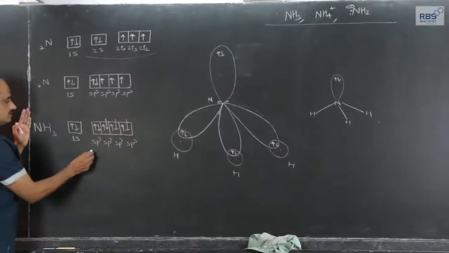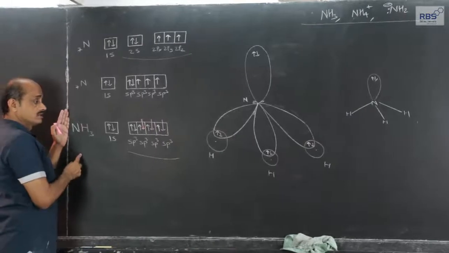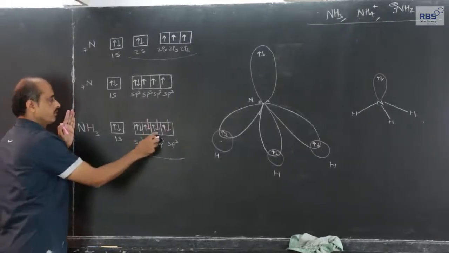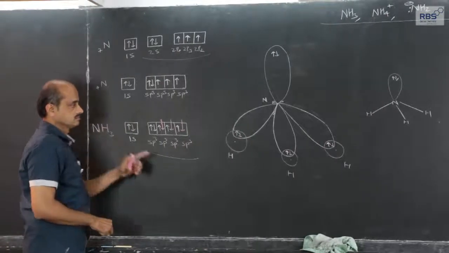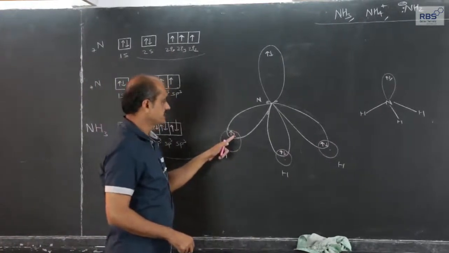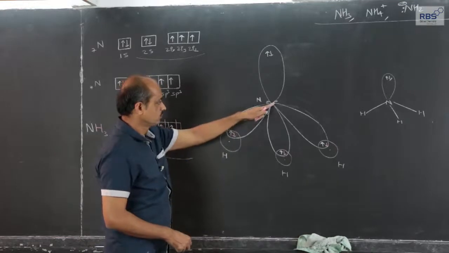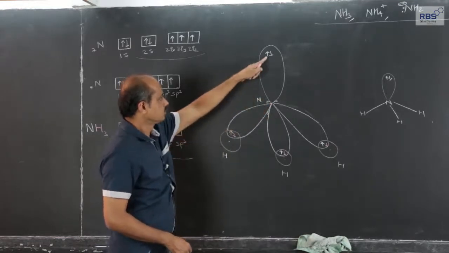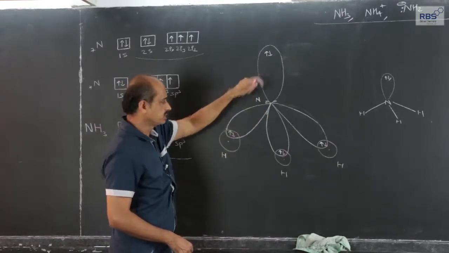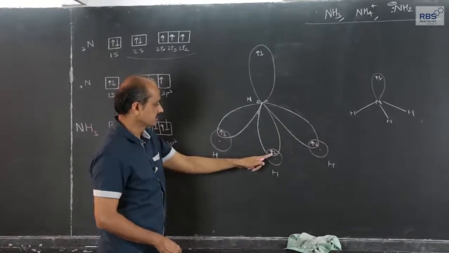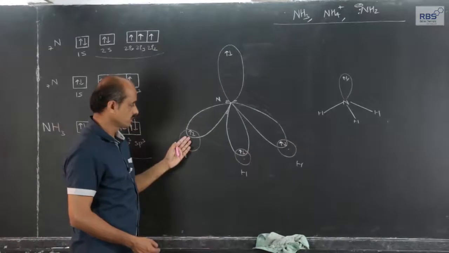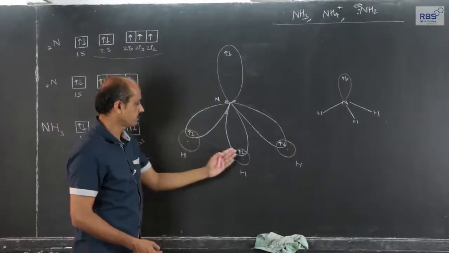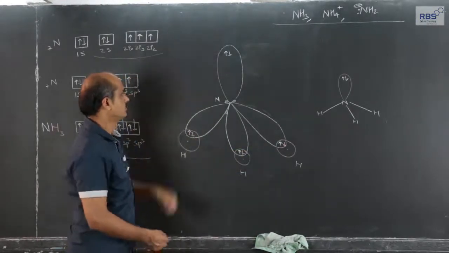In the outermost shell of nitrogen in ammonia molecule, 3 bond pairs and 1 lone pair, and this can be represented in this fashion: nucleus of nitrogen, lone pair of electrons on nitrogen in ammonia, shared pair, shared pair, shared pair, bond pair. Okay, these are the 3 bond pairs: bond pair, bond pair, bond pair, lone pair.